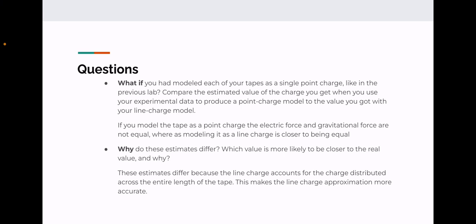As far as the questions at the end go, what if we had modeled all of the tapes as a single point charge like in the previous lab? If you model it as a point charge, the electric force and gravitational force are not equal, whereas modeling it as a line charge makes them closer to equal. These estimates differ because the line charge accounts for the charge distributed along the entire length of the tape, and this